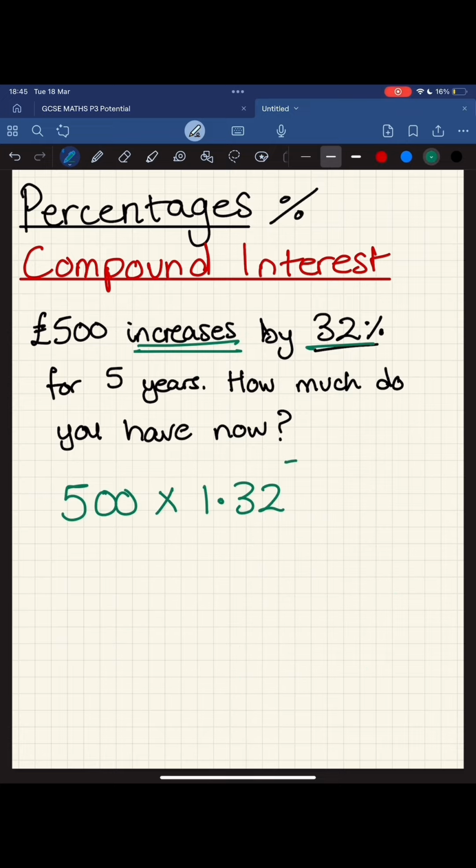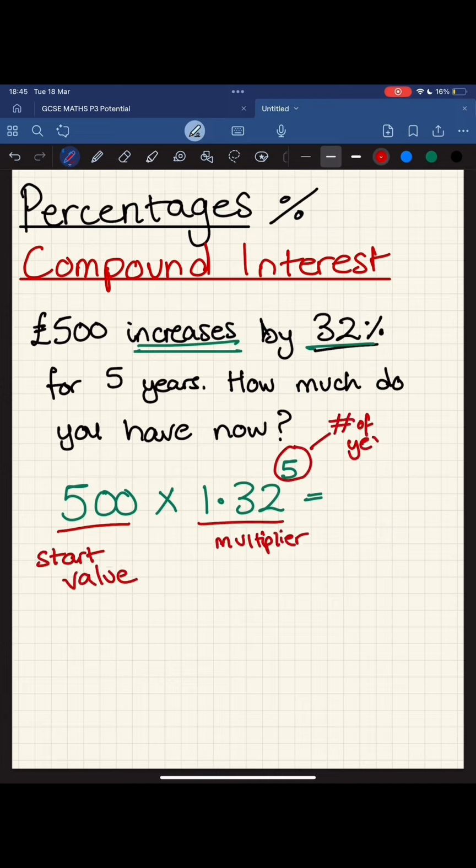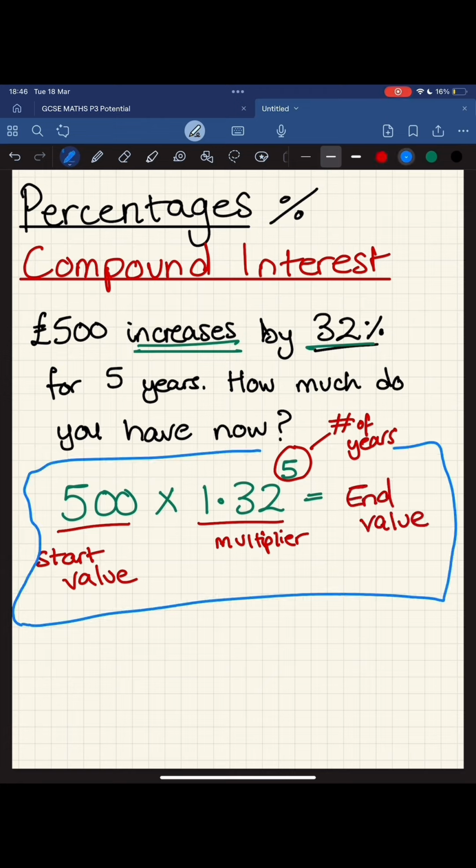All compound interest questions follow the same general formula. Start value, multiplied by the multiplier, to the power of the number of years equals the end value. This is the general formula you should use for all compound interest questions. If I slap that in the calculator, 500 times 1.32 to the power of 5 gives me 2003.73. And that right there was